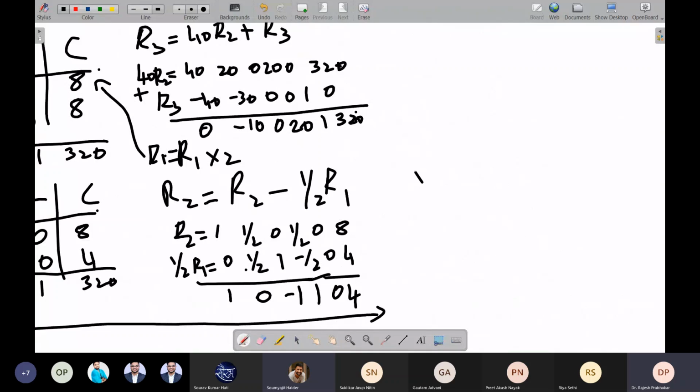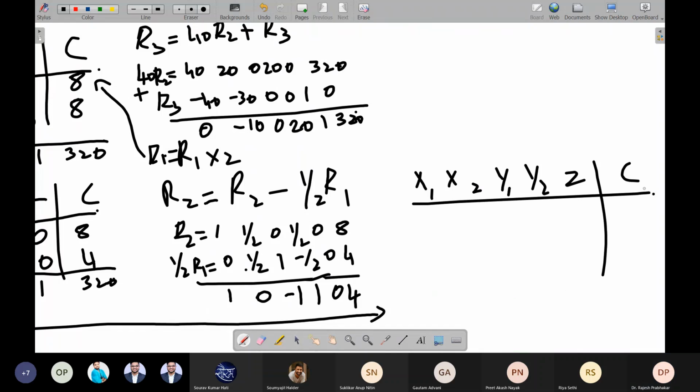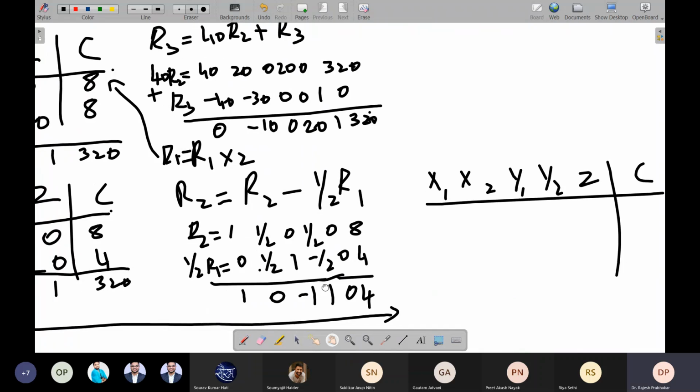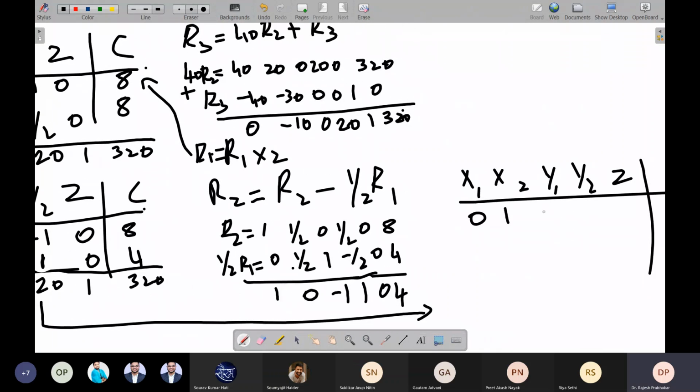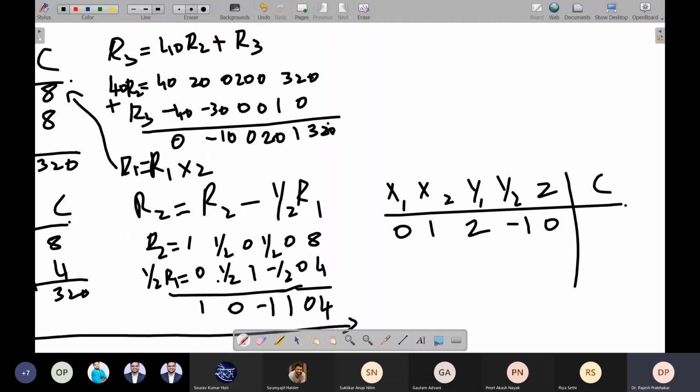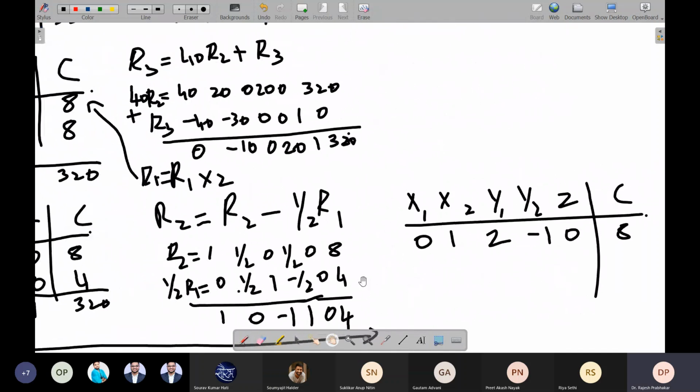So for the last row, x1, x2, y1, y2, z and c, we have the values: R1 is 0, 1, 2, minus 1, 0, 8. The second row is 1, 0, minus 1, 1, 0, 4.